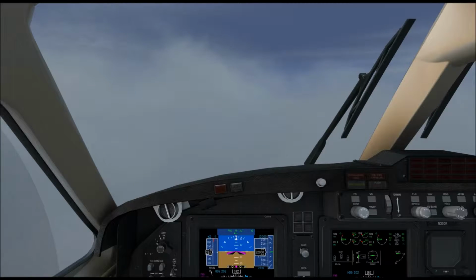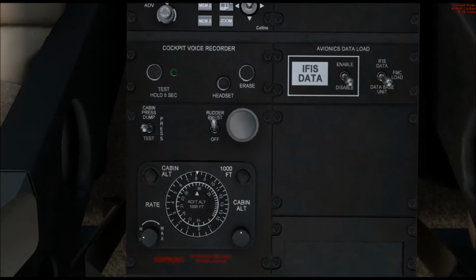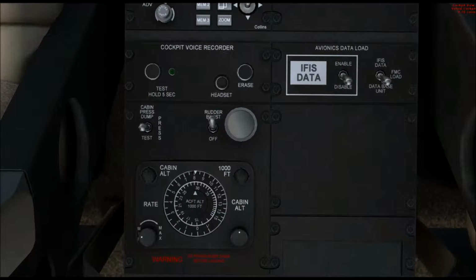So the first thing we want to do is take care of our cabin pressurization, and we're going to hop down here to do that, and that's this guy. And remember, we want to set the landing field pressure altitude plus 500 feet. That's where we need to be. So right now at Phoenix, it's 2987. So to do that, you take